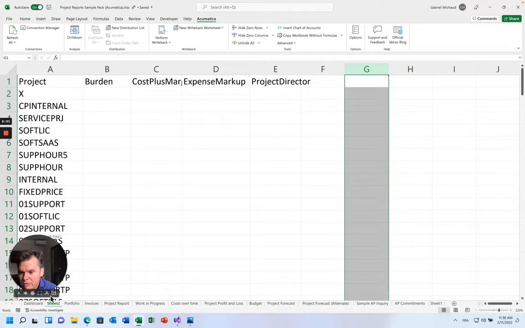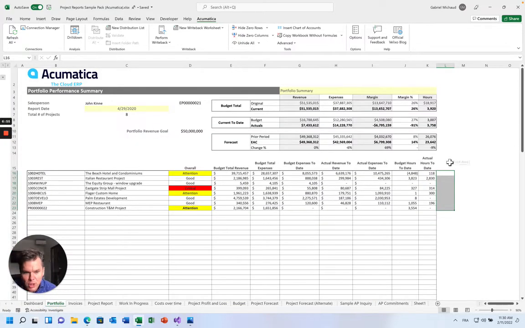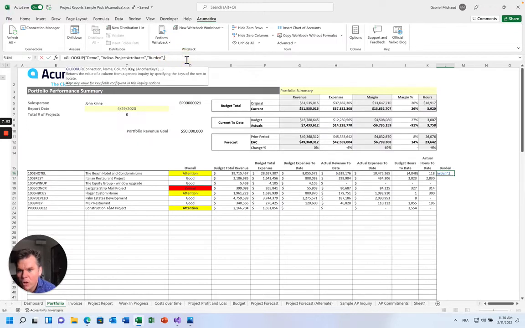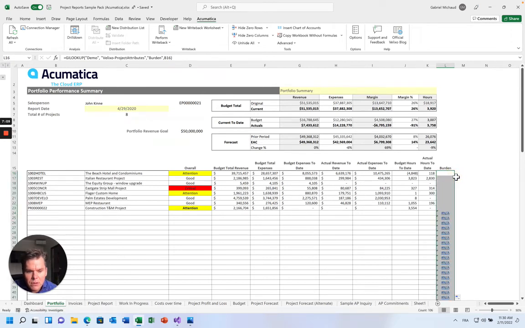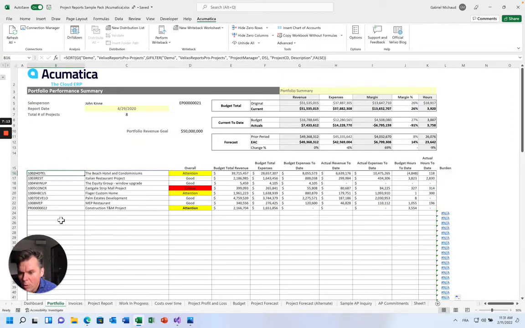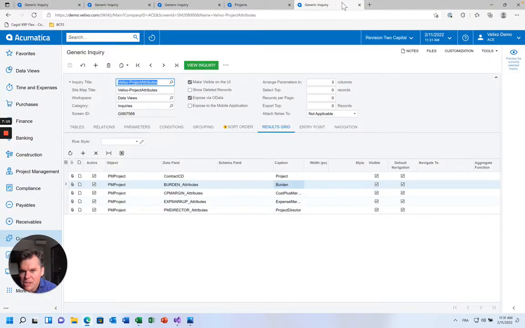and then even get rid of the sheet because we don't even need a temp sheet if we're using GI lookup. And let's add a column called burden here. So I will just do equal GI lookup burden, and I'll take the project ID from here and fill that down. Well, as you can see, they're all 0, but let's go to Acumatica and set some of these values